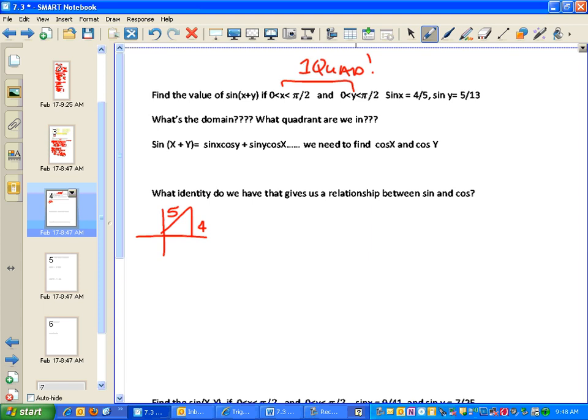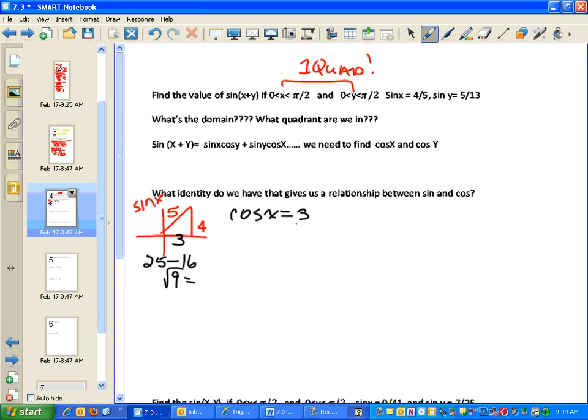And figure out what that missing length is using the Pythagorean theorem. Are you with me? So if this is for the sine of x, then this value that's missing is going to be 25 minus 16, which is 9, is that right? Which is 3, because we have to take the square root. So that means the cosine of x for this quadrant is